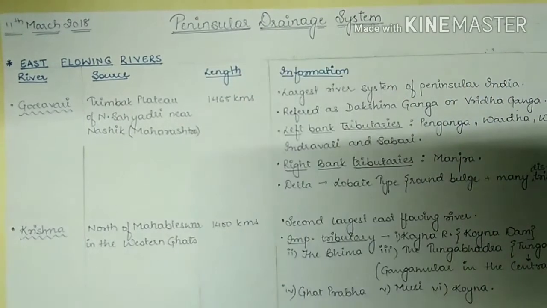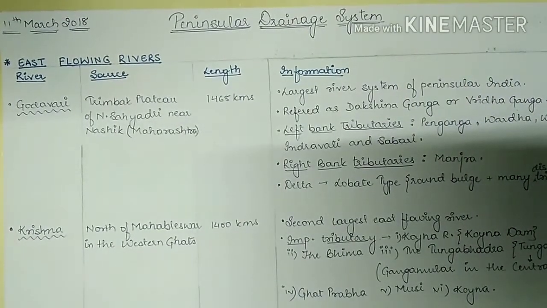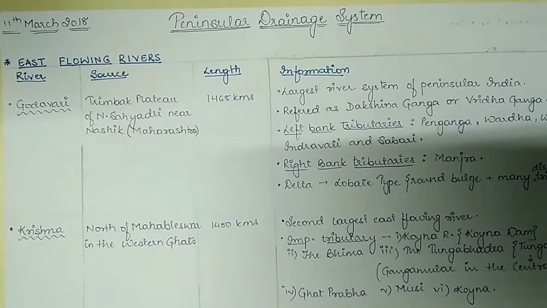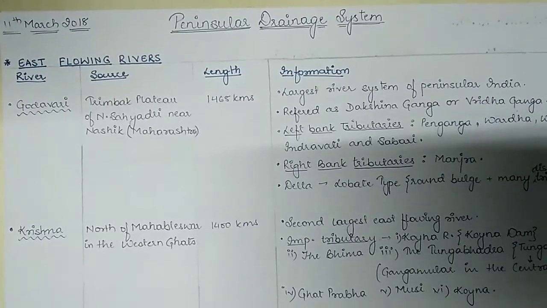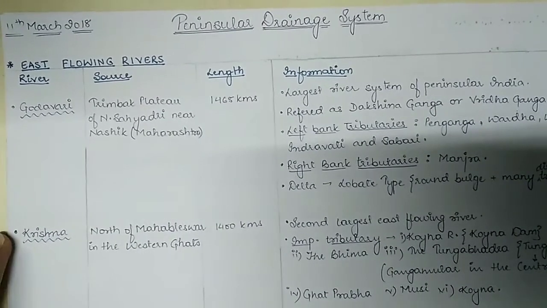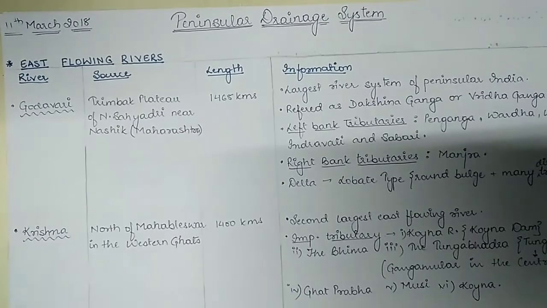Okay, peninsular drainage system. The peninsular drainage system is formed by a large number of river systems which have existed for a longer period than the Himalayan river system. So the rivers of the peninsular drainage system are older than the Himalayan rivers, such as the Krishna, Kaveri, etc. Now the peninsular rivers have reached the mature stage and